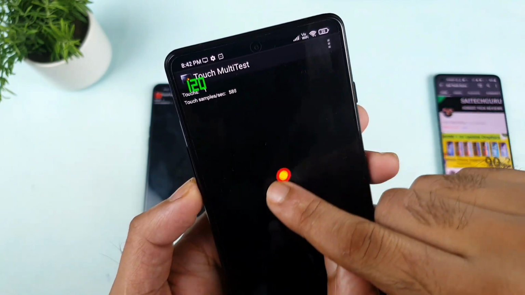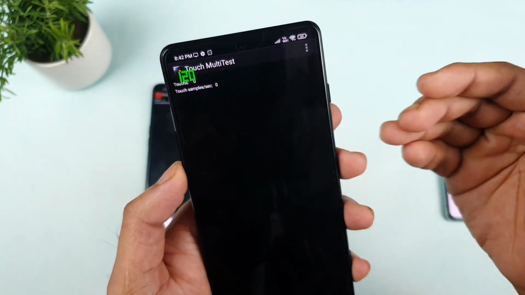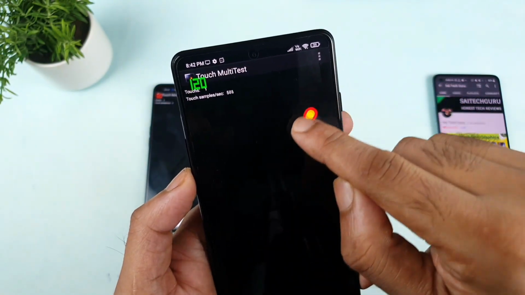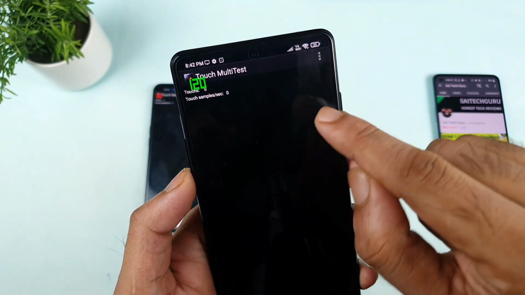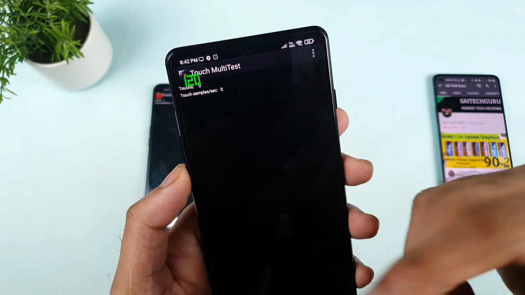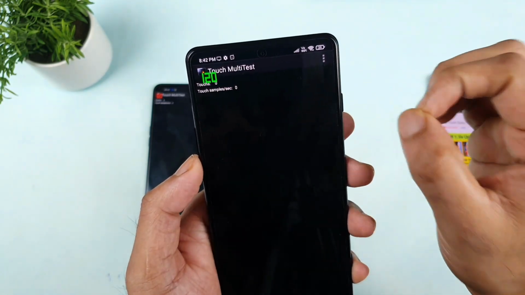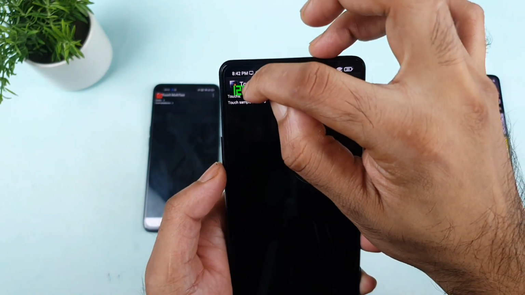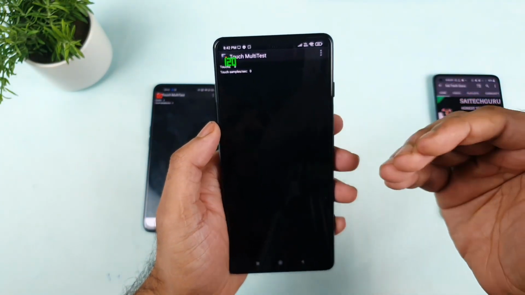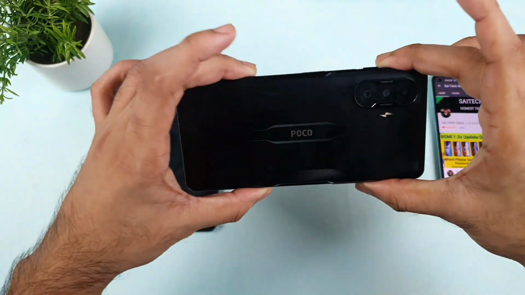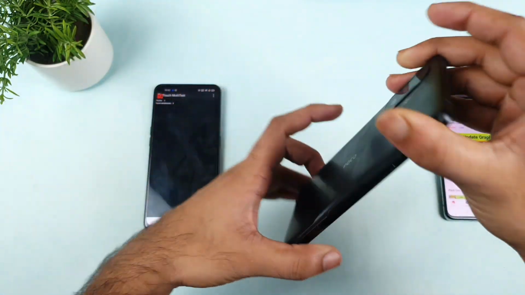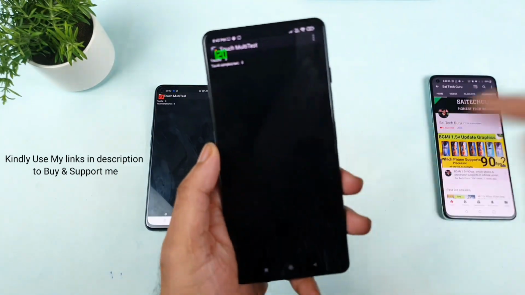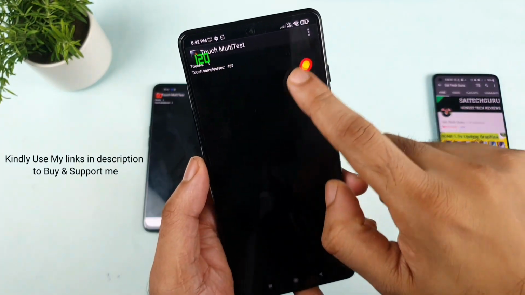As you can see friends, right now the value is close to 590, and sometimes 595. So 592 and 593 you can see clearly. Whenever you get that kind of value, you should always subtract the refresh rate. So for example, 600 minus 120, you are getting a 480 Hz touch sampling rate in the Poco F3 GT. That is 100% correct with what the company is saying. We are getting exactly the same kind of value, without any issues.